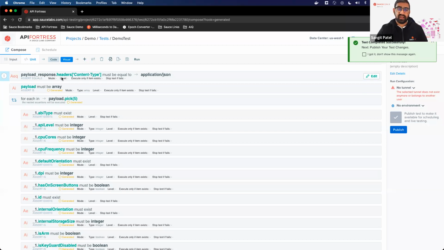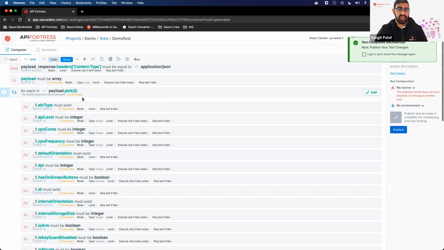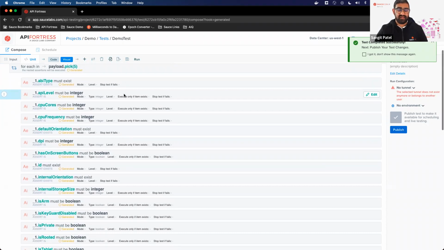So it's going to say, okay, well, my content type header was application JSON, so I'll validate that. But I also noticed that the API returned an array. So I'm going to validate that it returns an array every time, not a single object or something. And then I'm going to loop through that array, and I'm going to validate all of the objects that are returned. And not only is the platform going to validate that these objects exist, but it's going to validate that